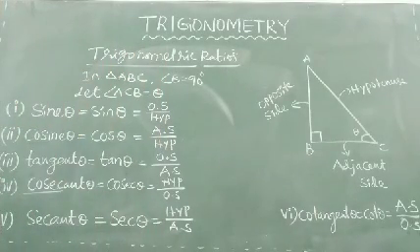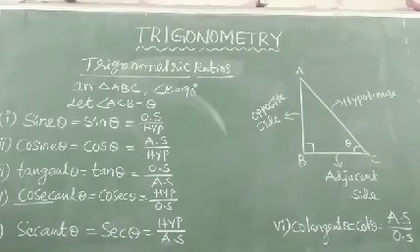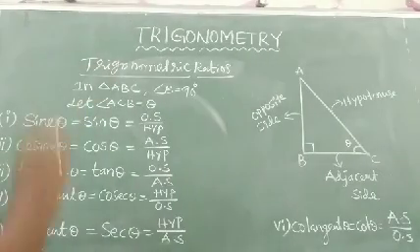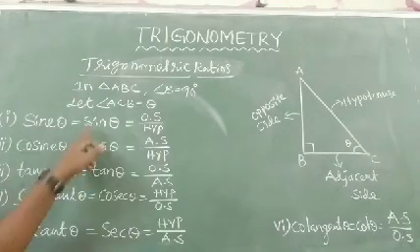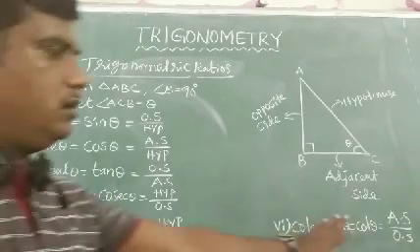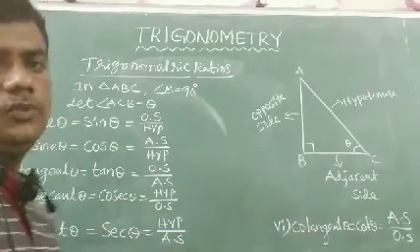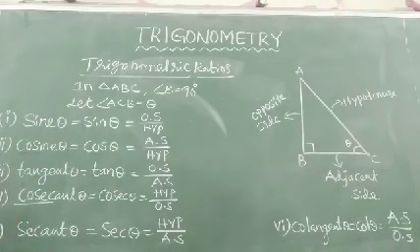So these are the six fundamental trigonometric ratios. These are the fundamentals for the trigonometry chapter. So sin theta, cos theta, tan theta, cosec theta, sec theta, cot theta. Just short forms only we are using, but they have full names also. Now there is a relation between these six trigonometric ratios.